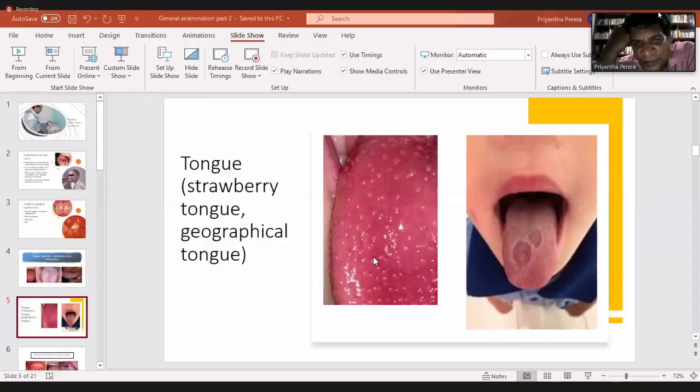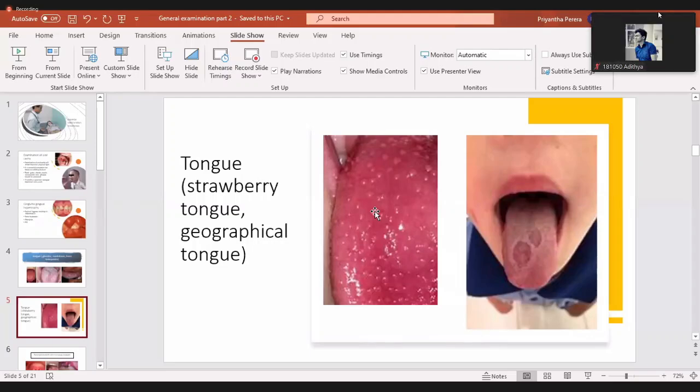What is noticed on the surface? There are slight elevations. Yes, the papillae become more prominent, projecting. These projections are actually papillae. So what does it look like? Strawberry. It looks like a strawberry, right? Because it is red like a strawberry, and on the surface, like on a strawberry, there are multiple elevations, small papillae. And this is called red strawberry tongue, and this is characteristically seen in